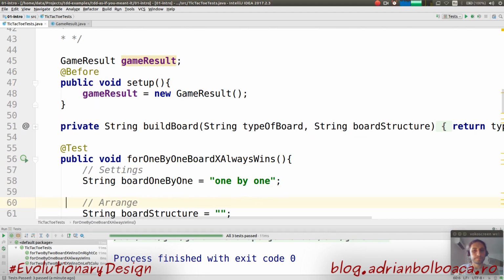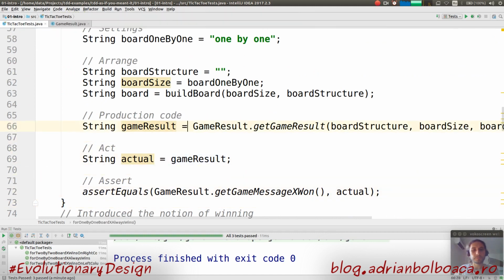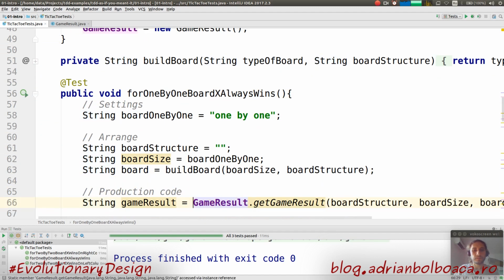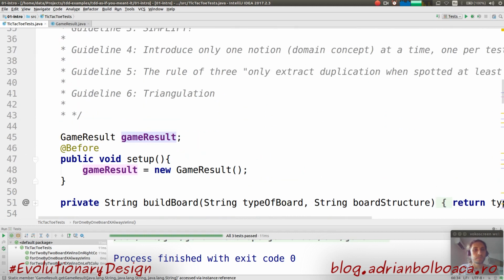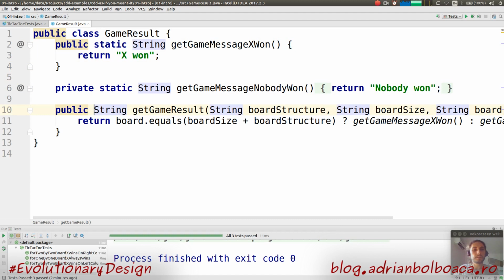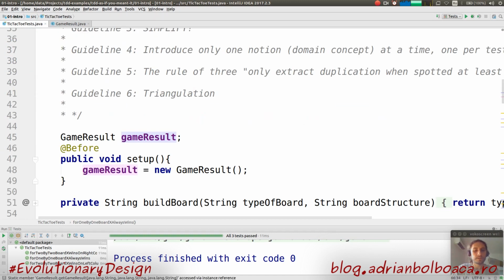A thing I can do, because here everywhere it is used static, I can change this variable with a capital G, and this is a kind of a hack I'm using, because now here it uses this variable and not the class anymore. So now I can go back and rename it with game result. And while doing that, I can get rid of the static here everywhere. So let's see if this works. Great. So now I have a game result